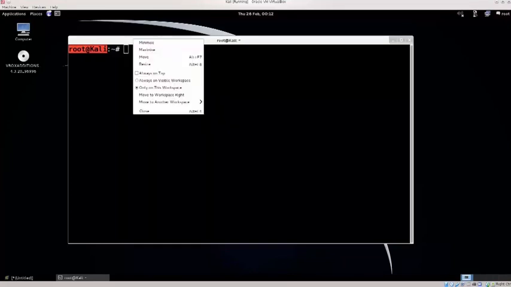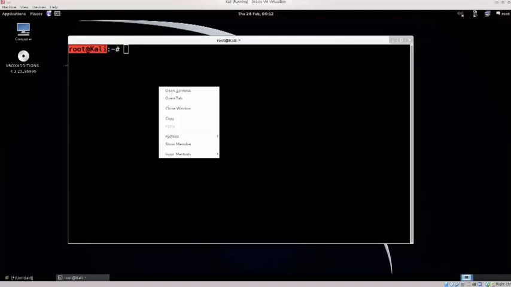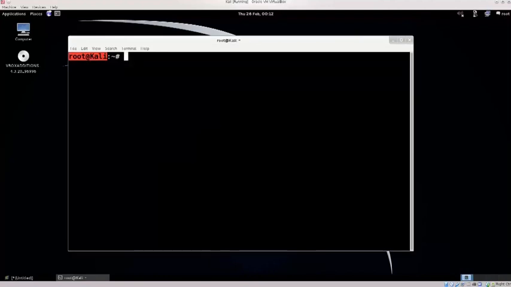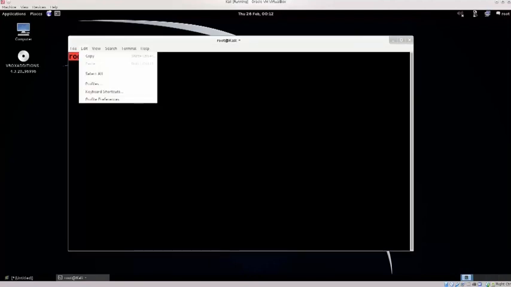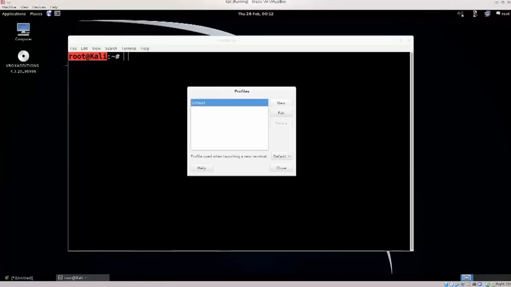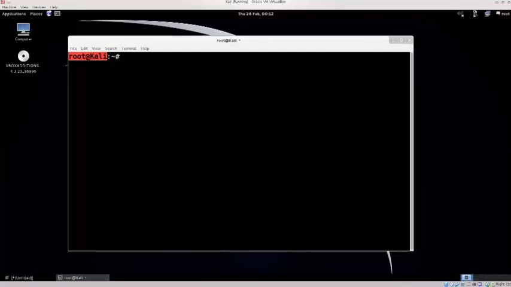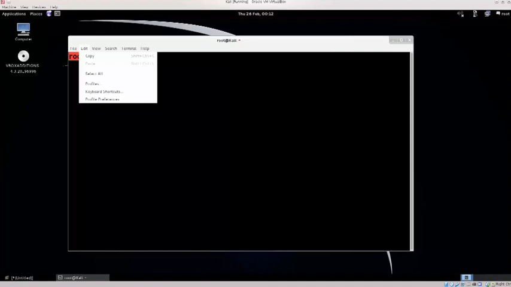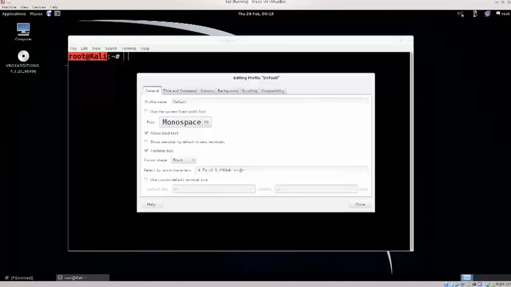Anyway, just go ahead and right click anywhere on the terminal itself, not on the bar, but on the terminal itself. And then you have show menu bar. Now we can see it here. Go ahead and click on edit. You can click on profiles as well and create new profiles here by just clicking on new, giving it a name, and then configuring it in the preferences. However, we're going to be configuring the default profile since there really is no need to create any additional ones. Go ahead and click on profile preferences,